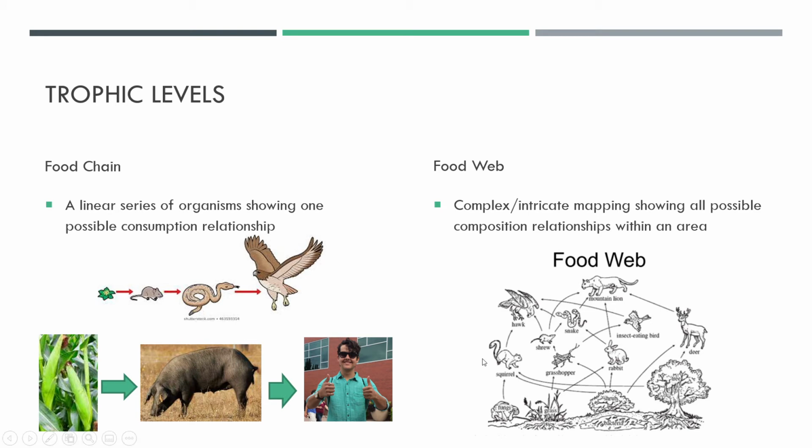Okay. So if we look down here, first thing, our producer is going to be our grass. Grass gets eaten by the primary consumer, which is the grasshopper. Okay. So primary consumer, grasshopper. Then it's going to get eaten by the shrew, which is our secondary consumer, which is then going to be eaten by the hawk, which is our tertiary consumer. And they have no arrows going anywhere. They're done.